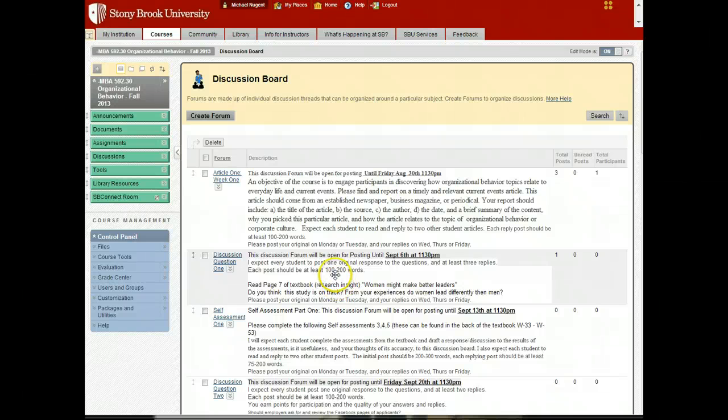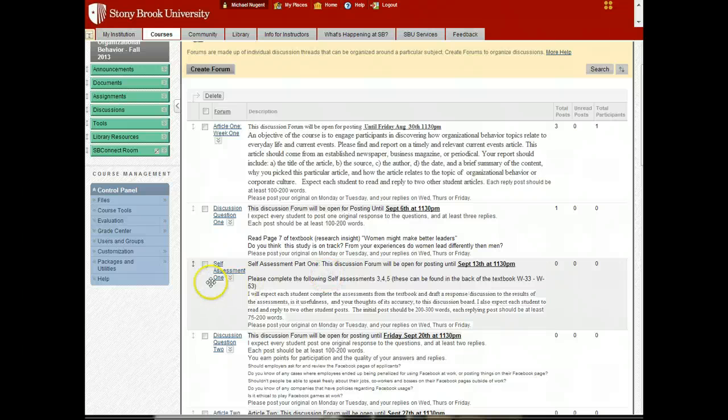Another type of discussion board question or assignment could be a self-assessment assignment, where here I ask you to look up the self-assessment section of the textbook, and it's one reason it's important to get the edition of the textbook that's written in the syllabus, so your page numbers line up. And so this would be W33, and the page numbers W33 through W35 will contain self-assessments 3, 5, and 4. And here it's sort of like a little worksheet you complete in the book, and then you can respond